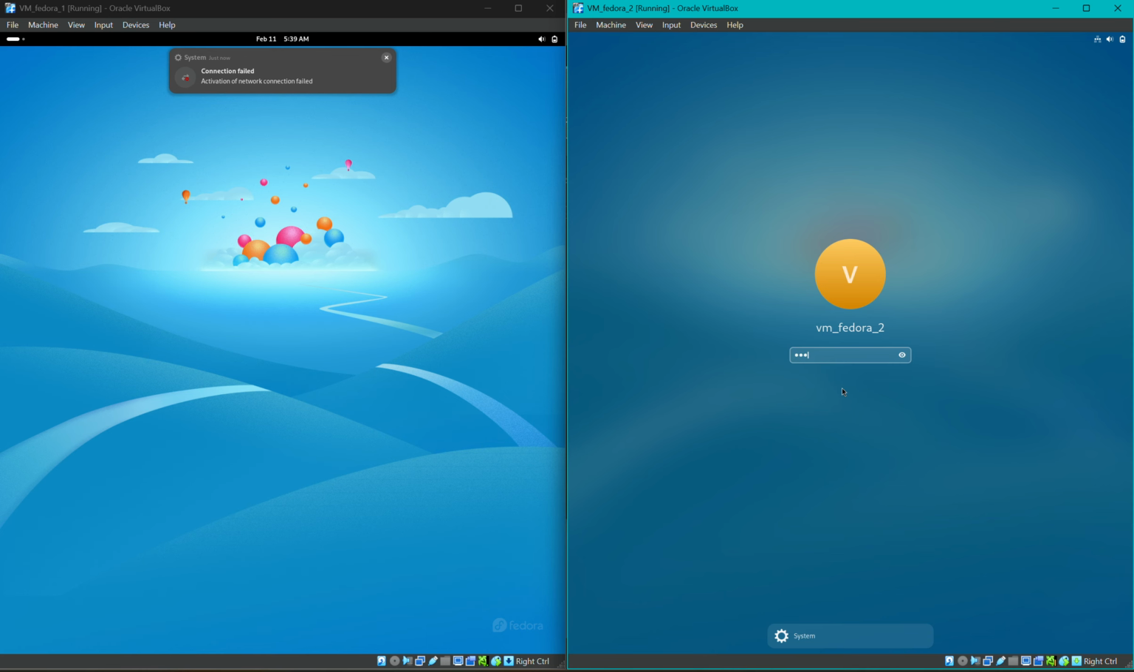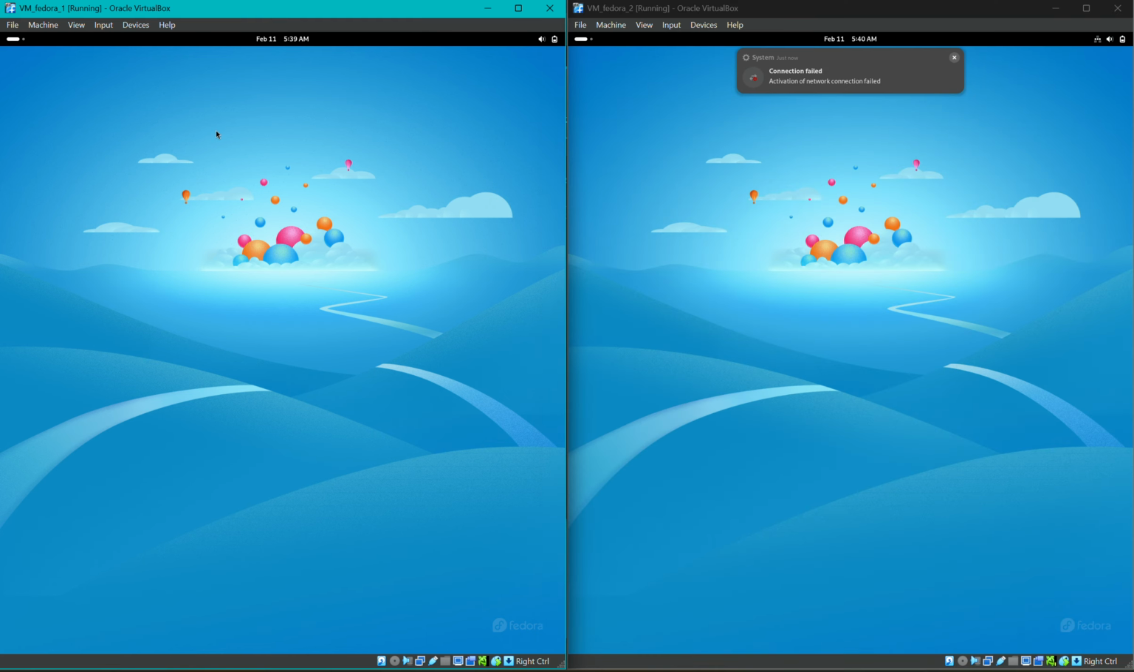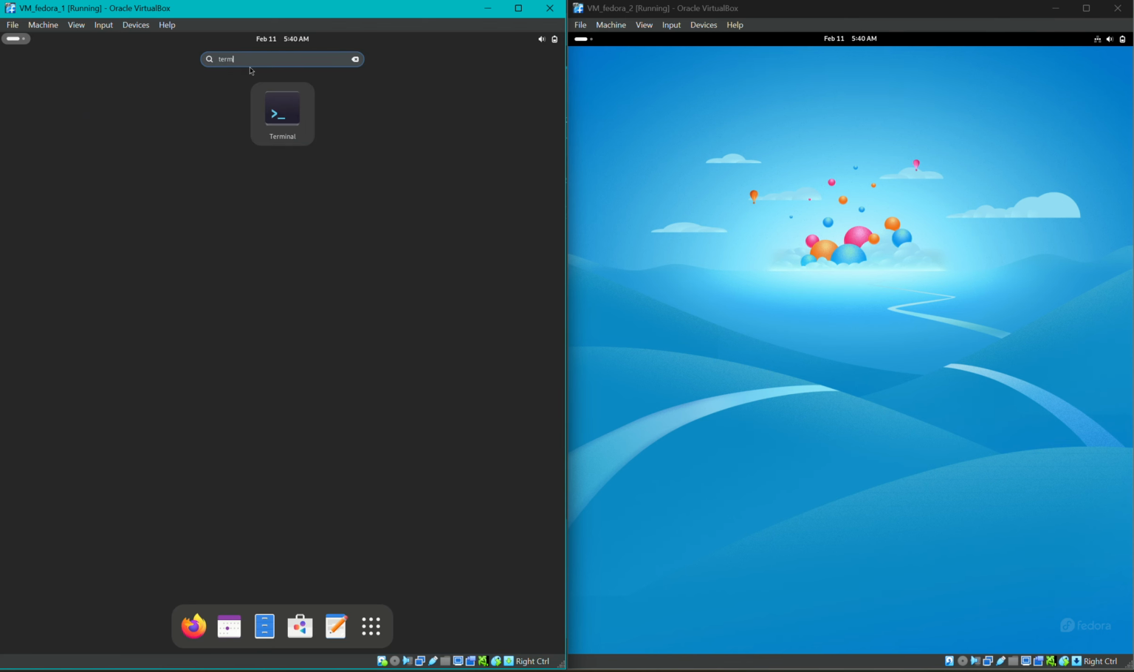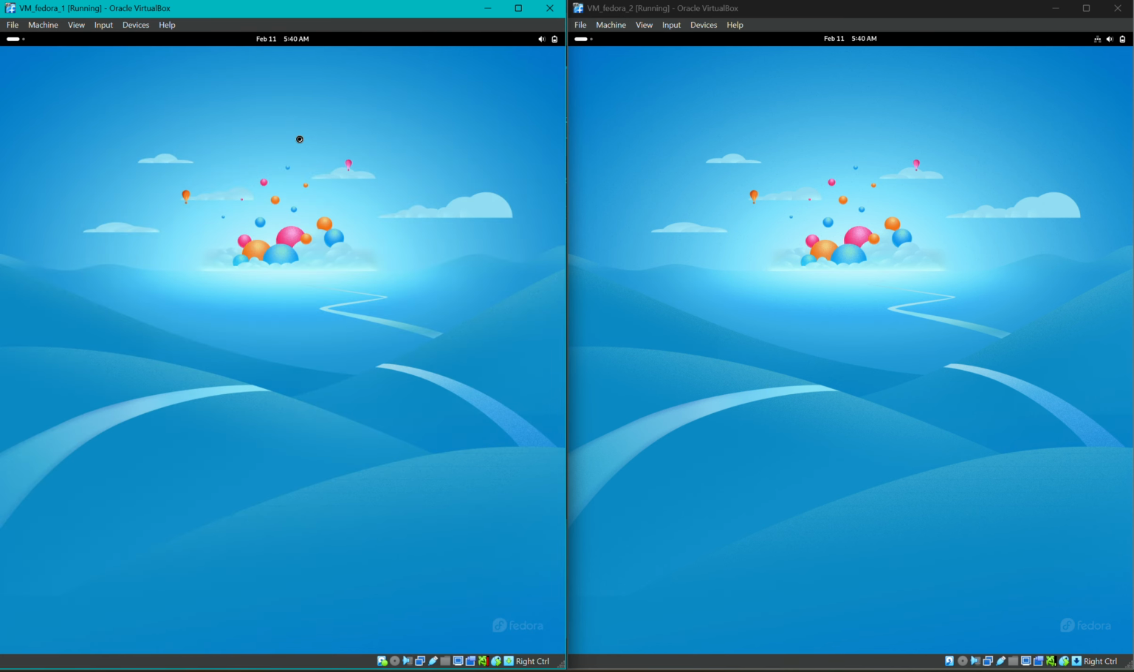And this is VM2. Now let's open the terminal. As you can see, in the second there was a notification that our network is not connected, because we have maintained an internal network. So for both VM1 and VM2,